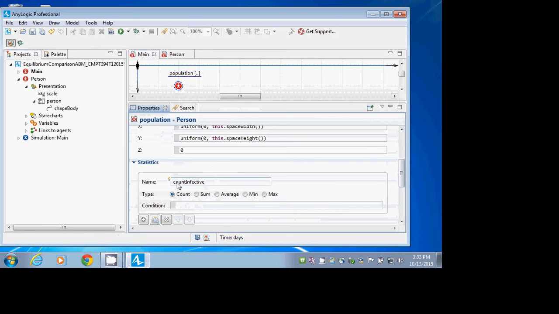It's going to be type count, and the condition here is going to be, we're going to be going through each person in the population asking, are you infective, are you infective, are you infective? And the way we refer to each person is actually indicated by this little light bulb. It says use item, colon, the embedded object. So we actually refer to each person in turn as item. And we ask item dot